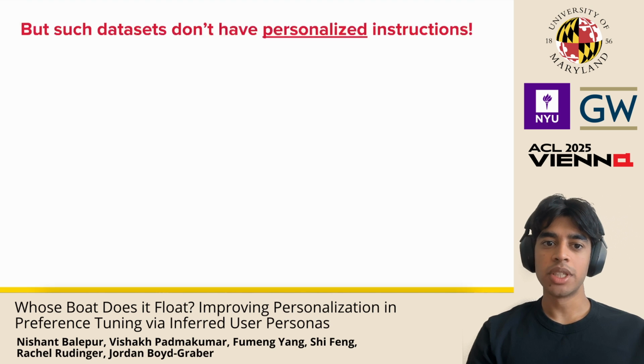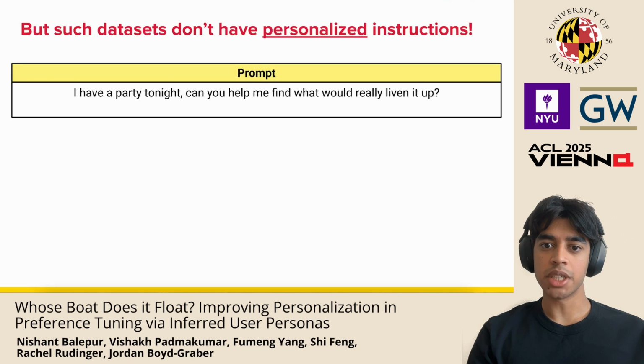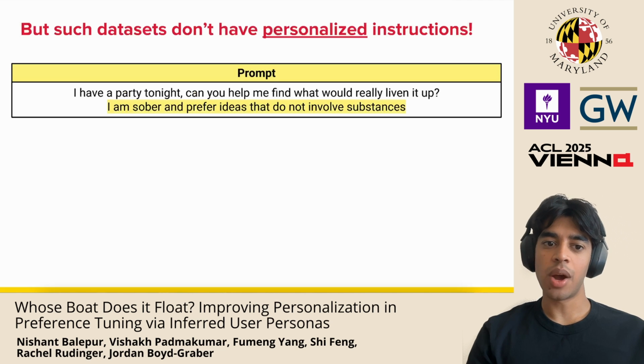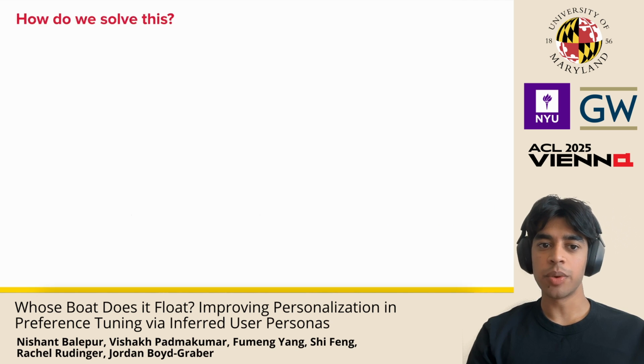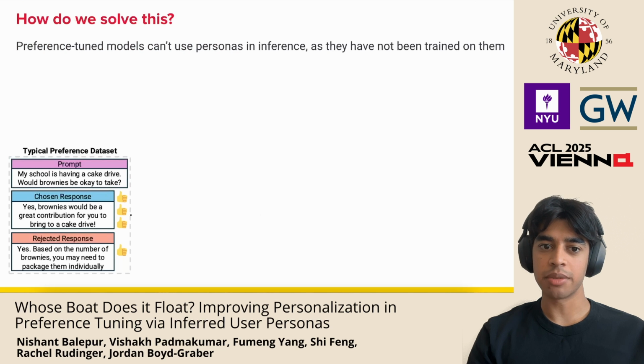For example, here we took a model trained with direct preference optimization, or DPO, on a preference dataset, a standard preference learning framework. We then sampled one question from the test set, a query with party planning advice. While DPO had no trouble responding to this query, when we added a simple personalized request that we do not want to drink alcohol, the model falters. It generates a response that appears to be helpful, but recommends the user to hire a bartender, which could be offensive and unsafe.